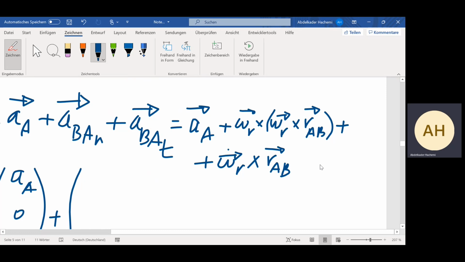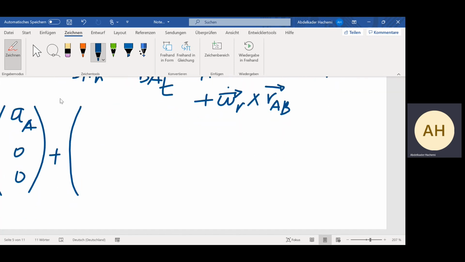This is by definition, the equation to determine the normal and the tangential one. Then it means here